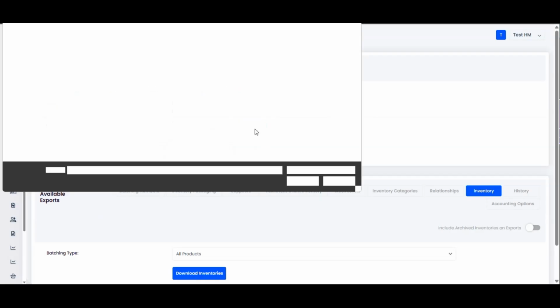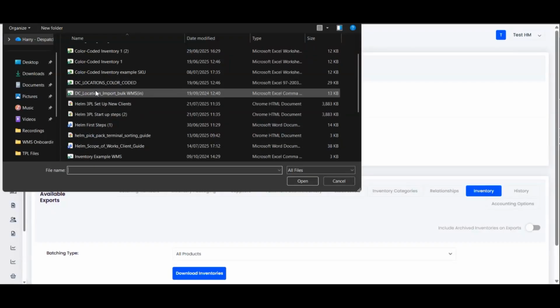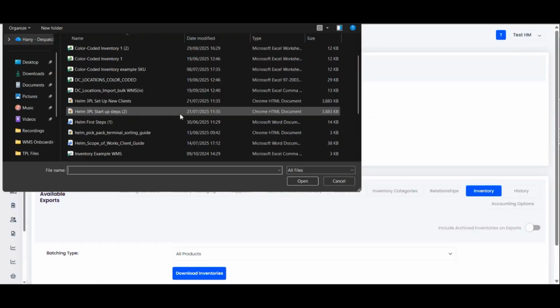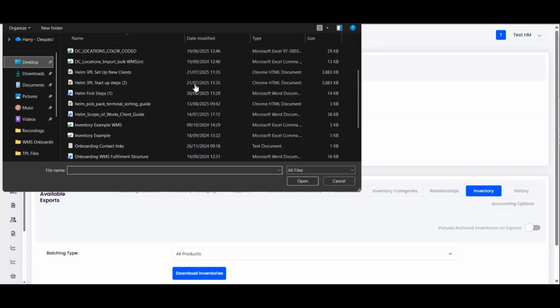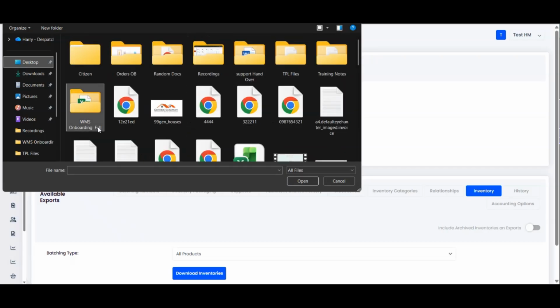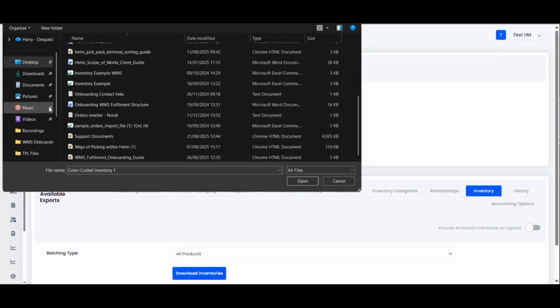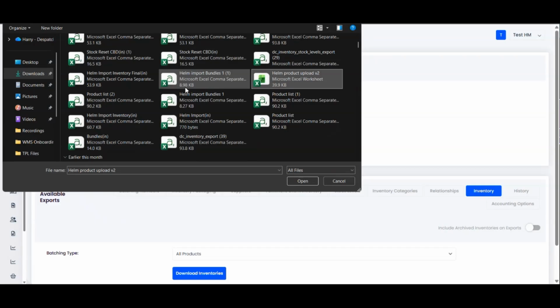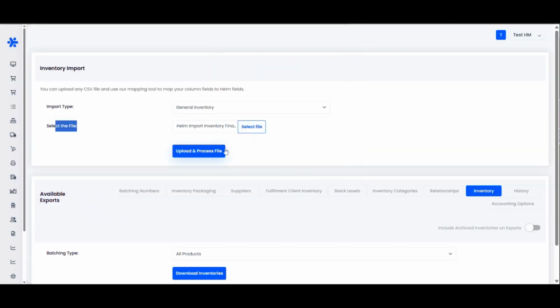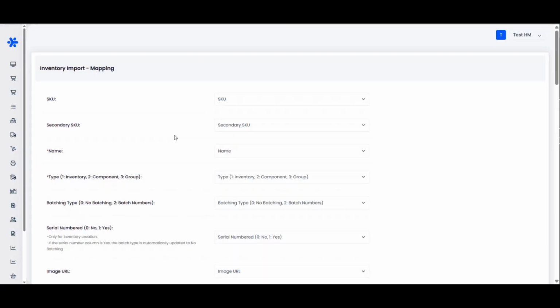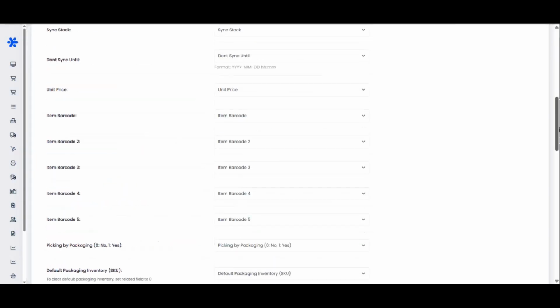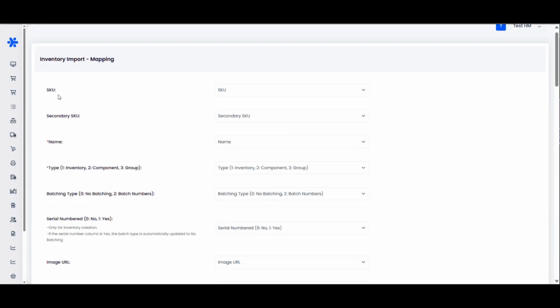Then it will ask you to submit map data. Now let me actually pop in a CSV example that I've got just to show you what submitting map data looks like. One second. I'm pretty sure I should have a CSV here somewhere. There we go. So if you upload and process, make sure it's a general inventory type. You'll get a screen like this, which is just essentially taking the data and what column that's looking at in